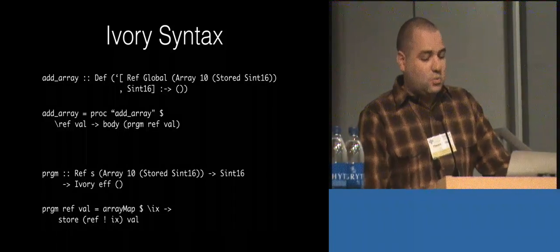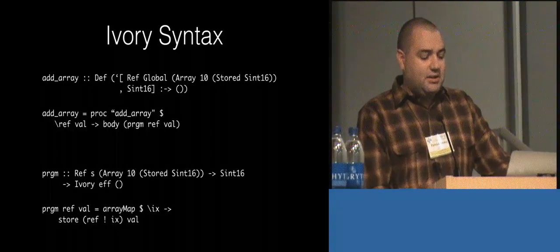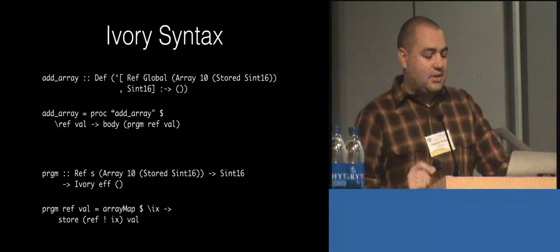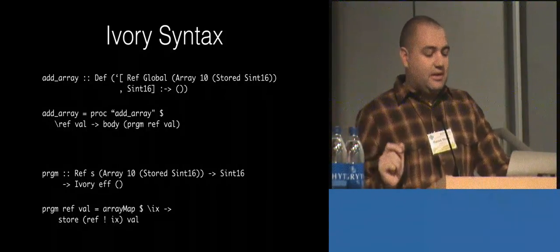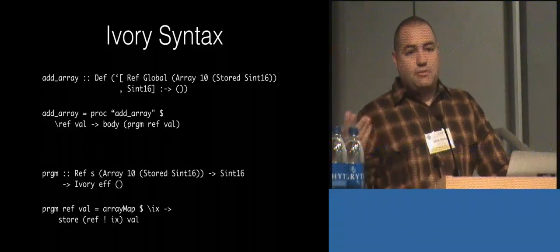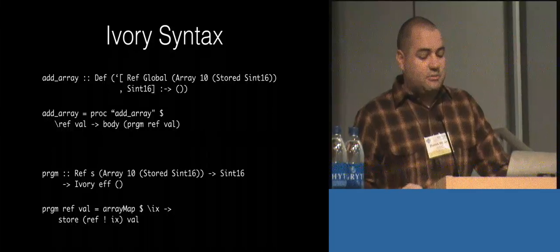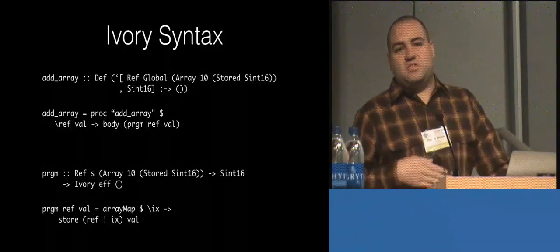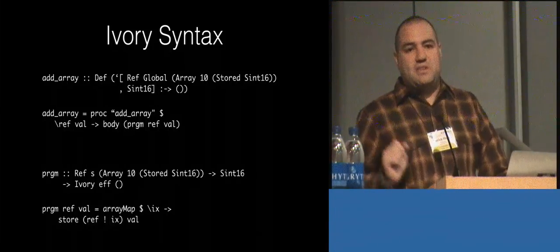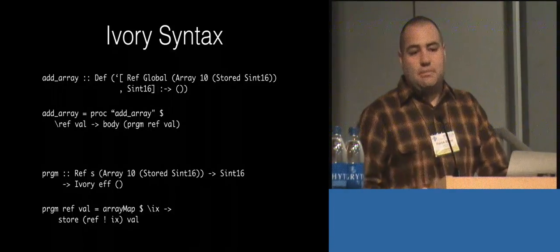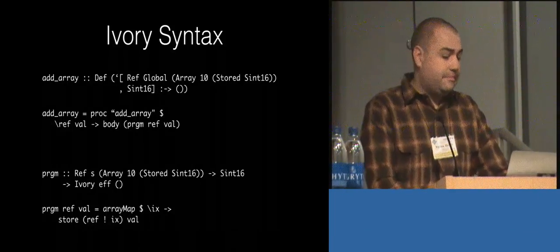One of the things we did was make a map combinator, an array map. What that's doing is inferring from the length of the array, 10 up there, exactly the bounds of the array, and it's going to give us an index into that array for every element, and then we're going to store the value given as a second argument into the array. So this is just setting all the elements in an array to a constant. It's a very simple function, but that's just one of the things we're able to do because we have the type inference that you couldn't do in C.